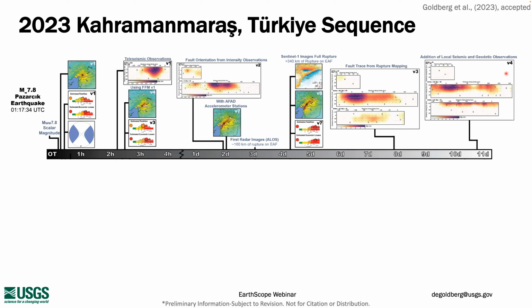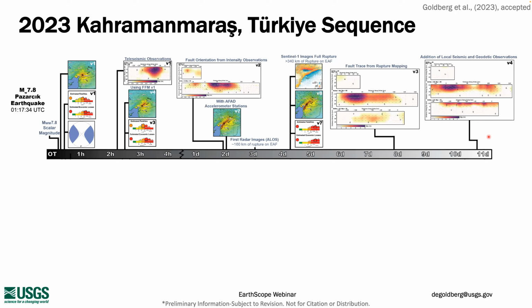I know the text is a little small, so you'll just have to believe me that the maximum slip went up slightly when we added the local data. That's not particularly surprising. Teleseismic data is not as sensitive to small scale differences, so slip gets smoothed out a little bit. And slip also got a little shallower when we added the local data, which is another thing that we see over and over when we add local geodetic data, so GNSS and InSAR mostly.